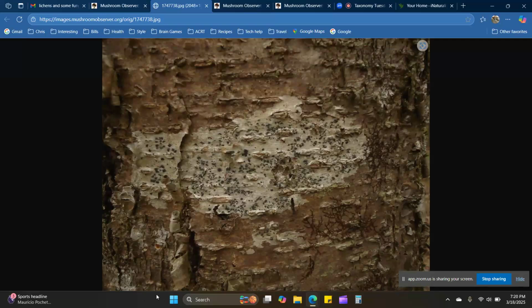You can see it's a fairly mature yellow birch. So that was a pretty interesting find. Yeah, a really cool one. We didn't take a sample home,